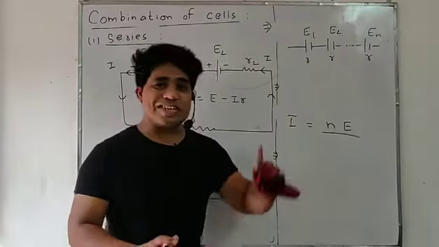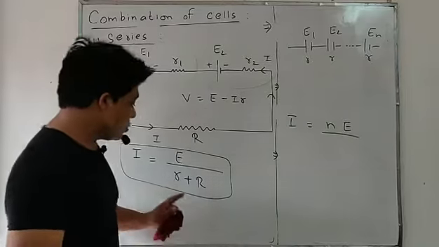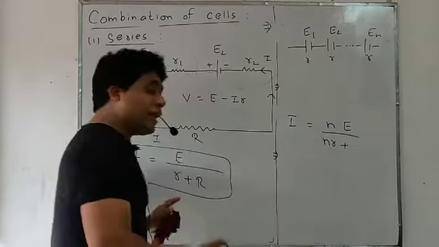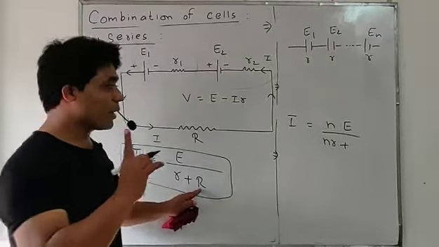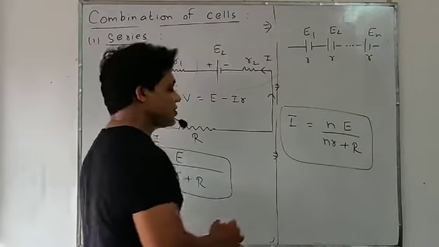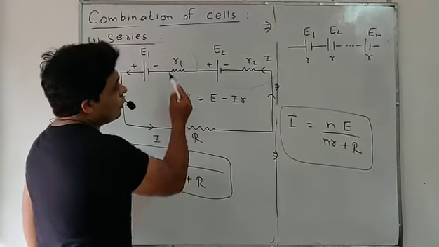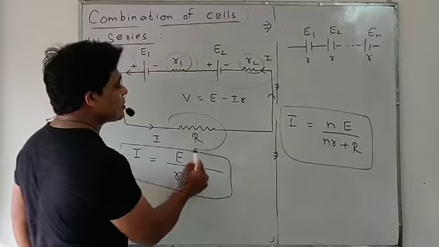If n number of cells are there, the number of internal resistances will be n. So r multiplied by n, nr, will be the total internal resistance of all the cells. But the external resistance always remains the same, only a single resistance. Because if n number of cells are there, there will be n number of internal resistances, but external resistance will